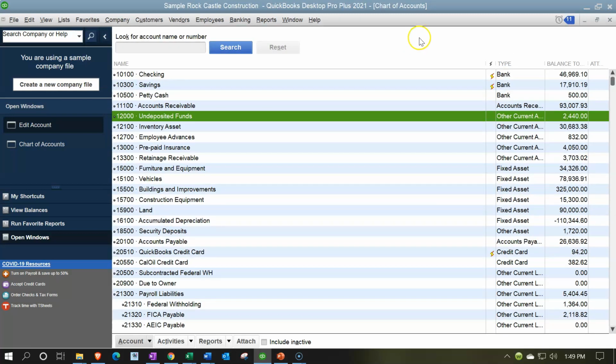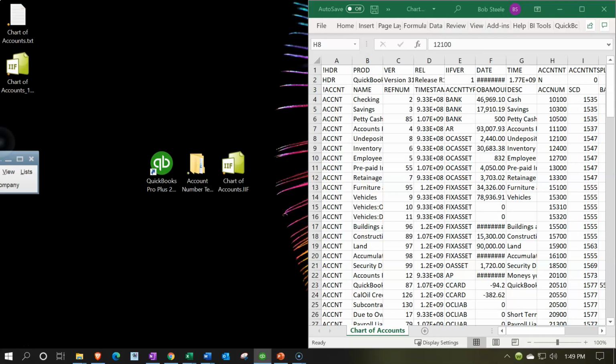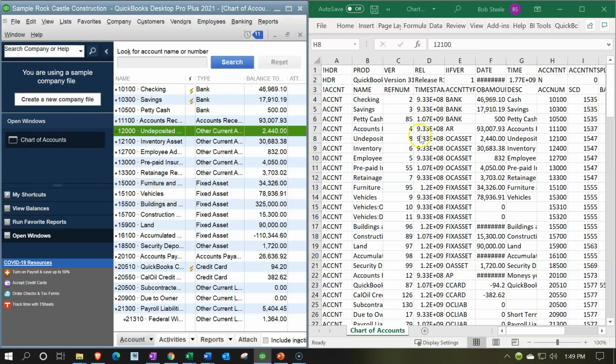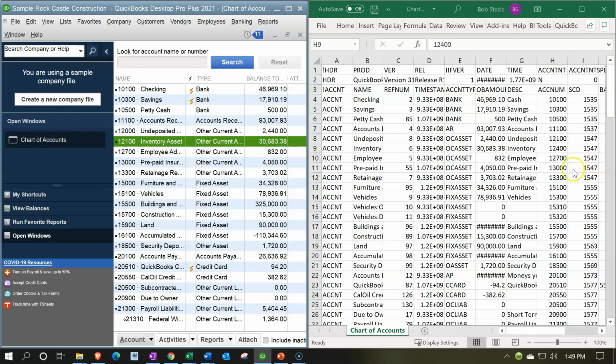So there might be a couple that QuickBooks is basically saying I'm keeping my account number here. So that one's stuck at the 1200. So then we've got the 12.4 inventory. Looks like another situation there. And then it goes back to the ones that are adjusting, the 12.7, the 13, 13.3, the 15.1, the 15.3,